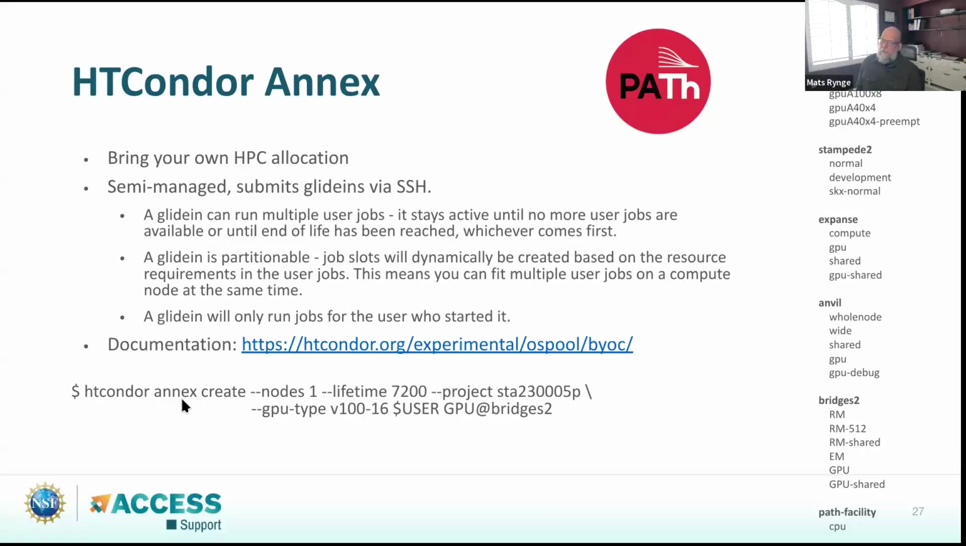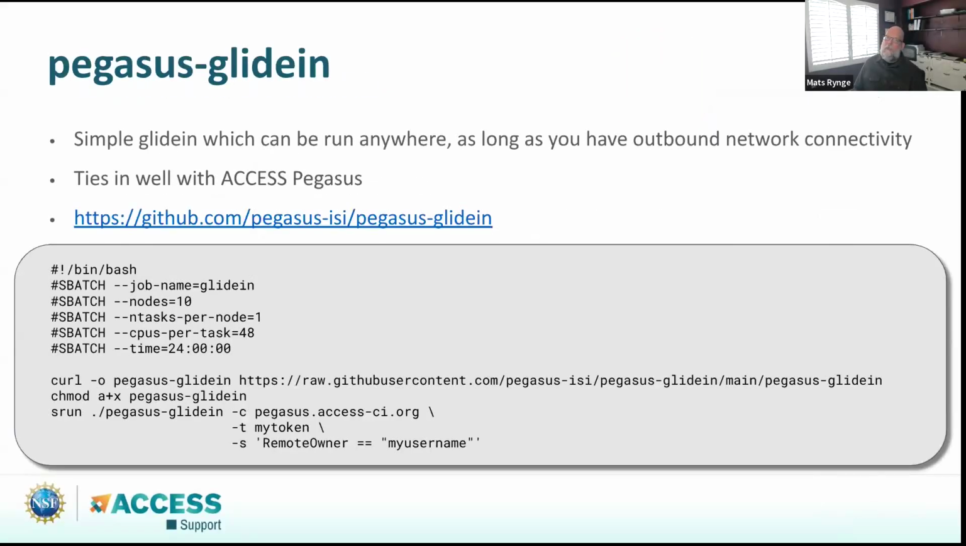The downside with HTCondor Annex is that it only knows about these resources. If you want to run somewhere else, you will have to use a different tool. And the tool that we provide is called Pegasus Glide-In. This is a tool that you can run anywhere. The example here is Slurm, but you can really run this